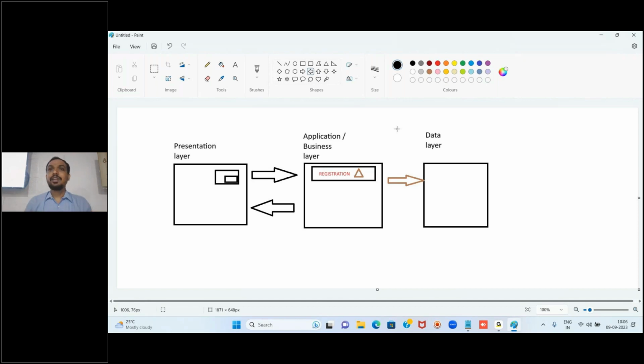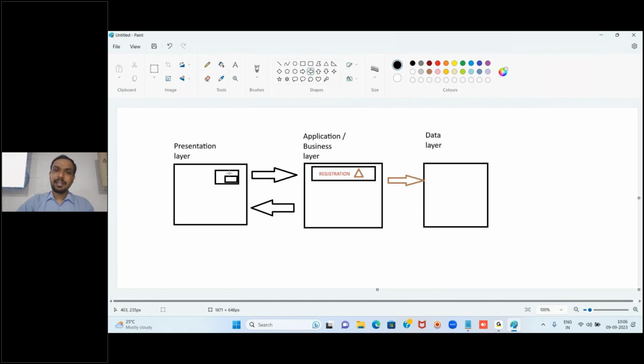Okay, we have successfully done this activity. Again we want to work with Gmail. What will you do, again do sign up? No, only one time we do the sign up registration. Next we will go with the login. At that time, assume we enter the username and password again.